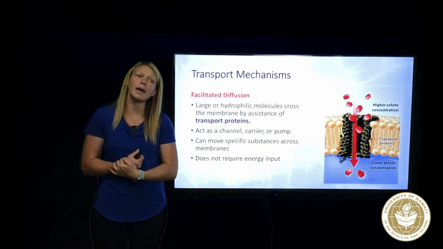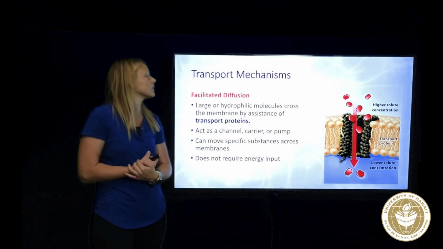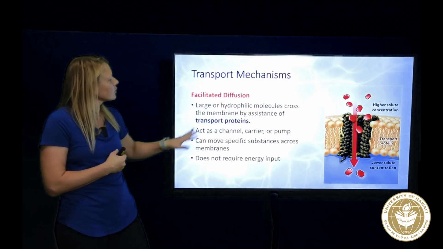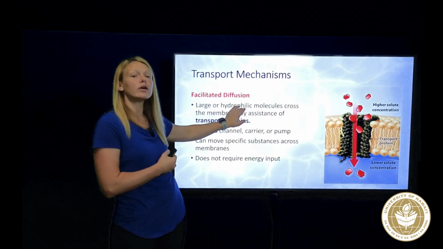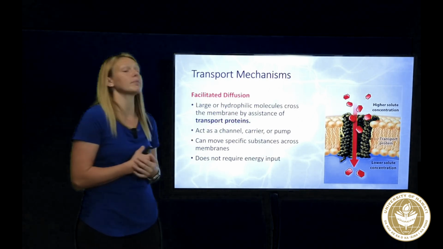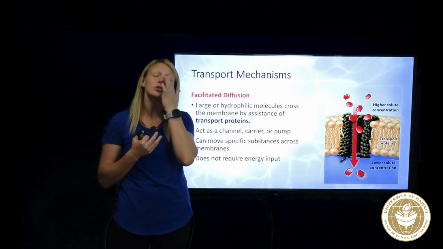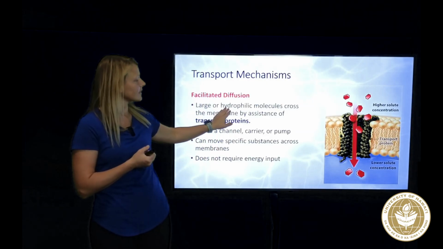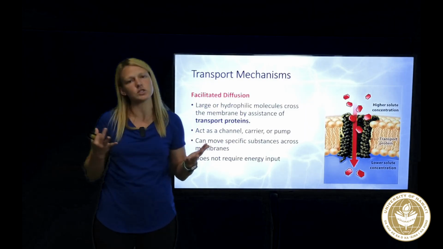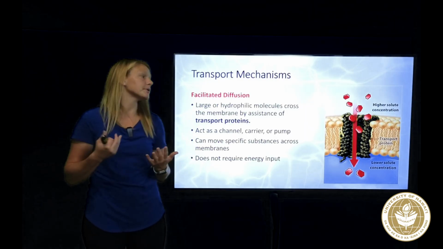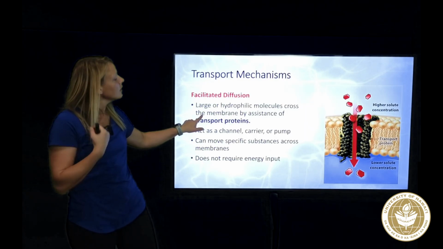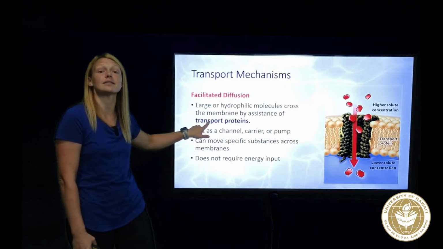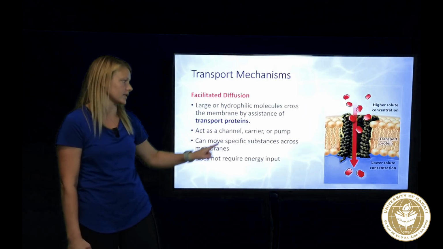The last type of passive transport that we're going to talk about is facilitated diffusion. This is where large or hydrophilic, water-loving molecules are able to cross the membrane. They cannot do this by simple diffusion because they are too large or because they're hydrophilic, right? So simple diffusion isn't an option, but they are able to do facilitated diffusion because they can cross the membrane